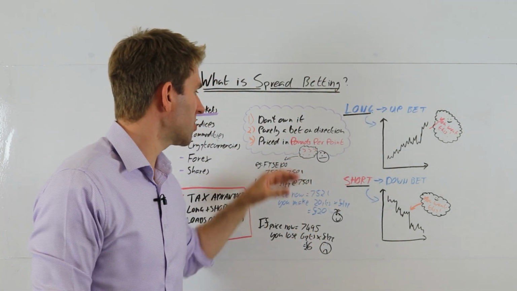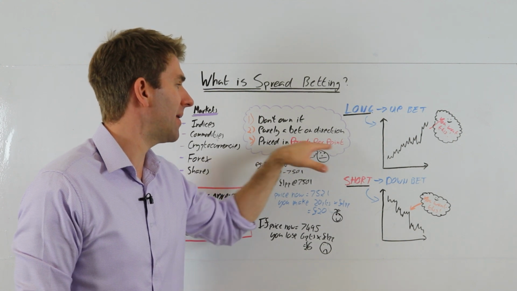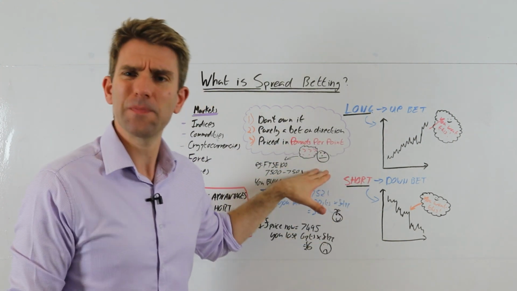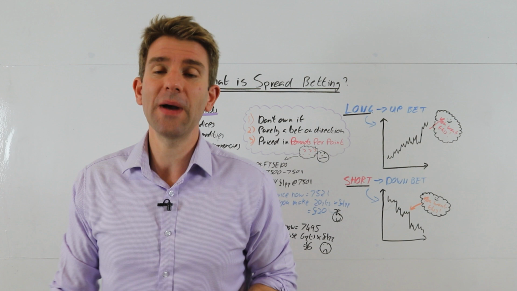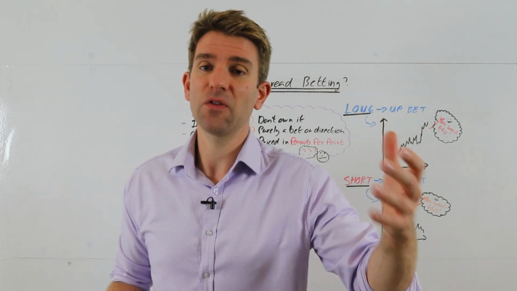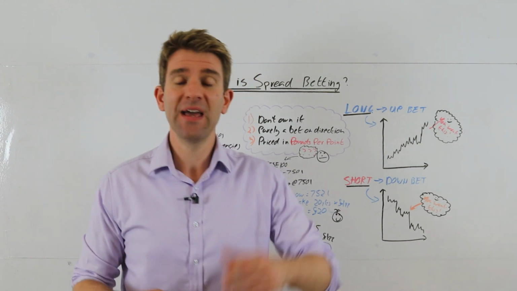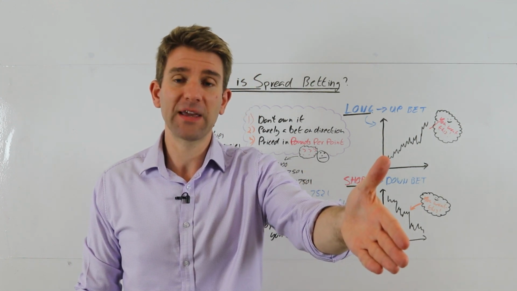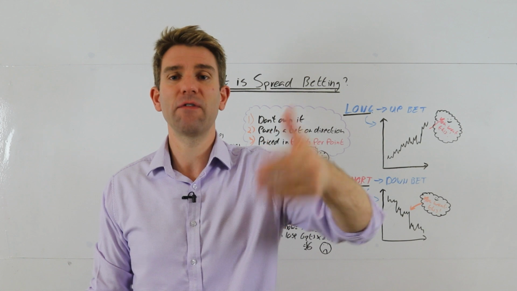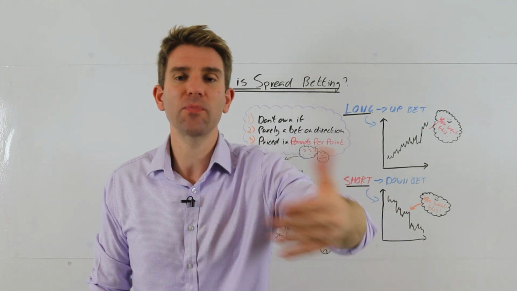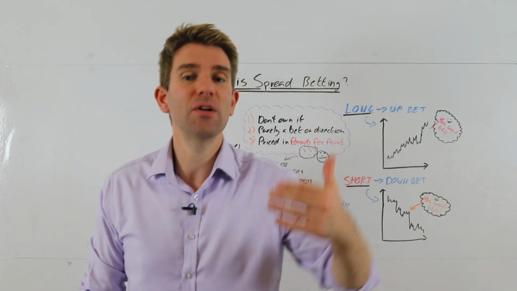And the way it works, which we'll look at in a moment, is it's priced in pounds per point. What's pounds per point? Maybe you're used to betting on a traditional market like football, rugby, horse racing, etc. You go in, you place your bet. If the team wins, or whatever you're predicting turns out right, you get a return back on your money.